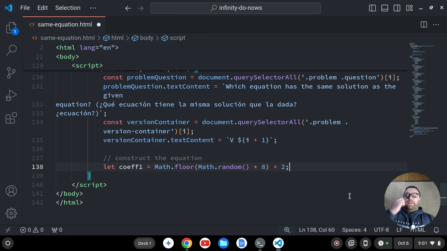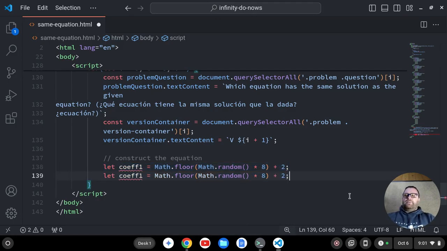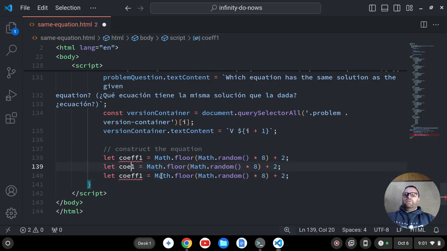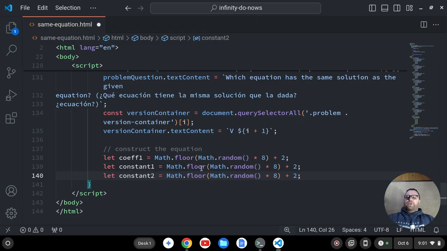I should be able to get that with that coefficient. Let me just copy this, and let's paste it, and we'll rename this into constant1, and then constant2. Okay, so